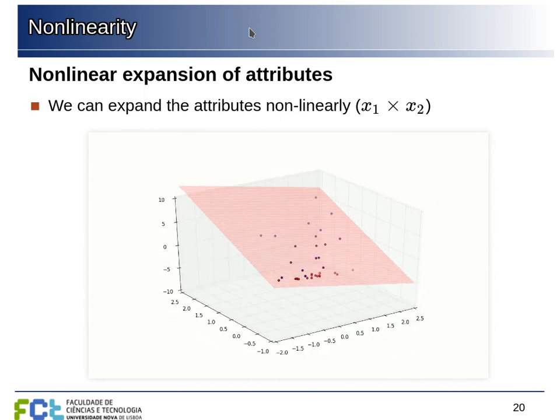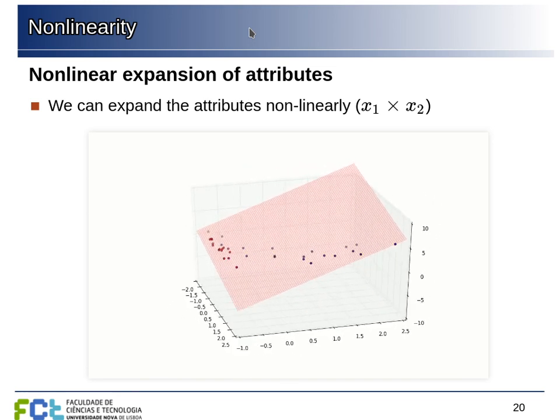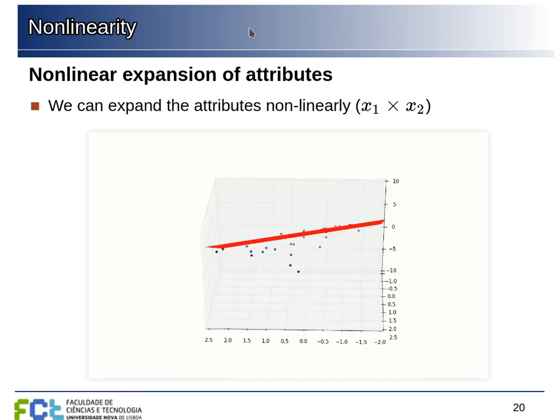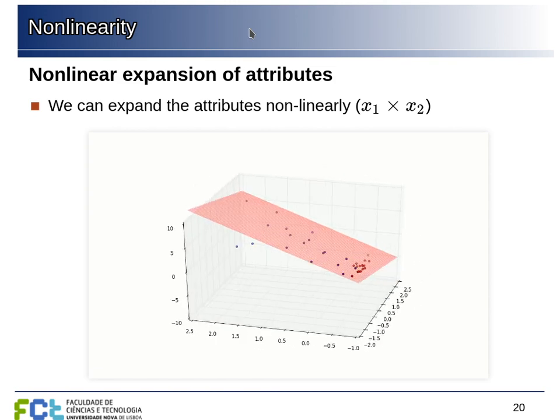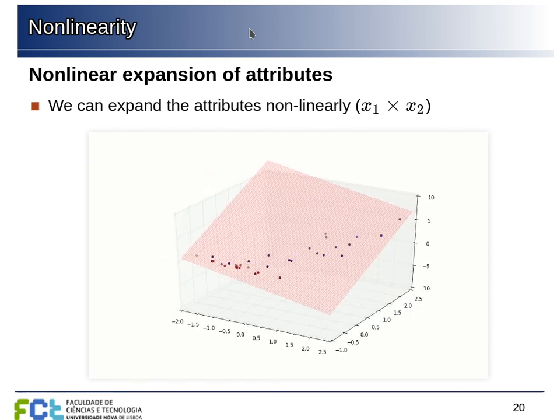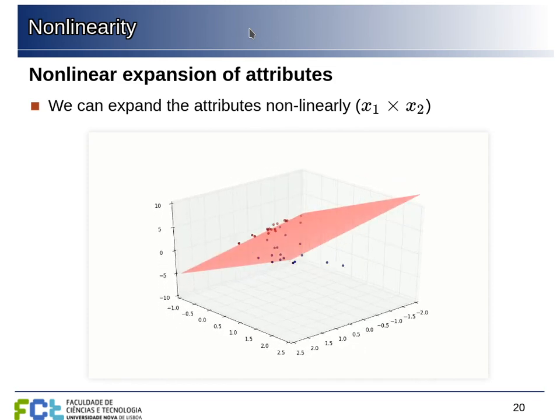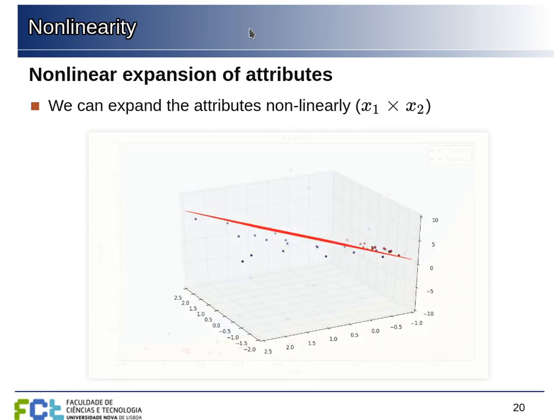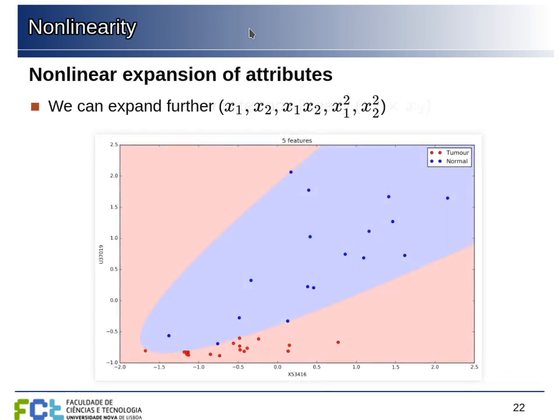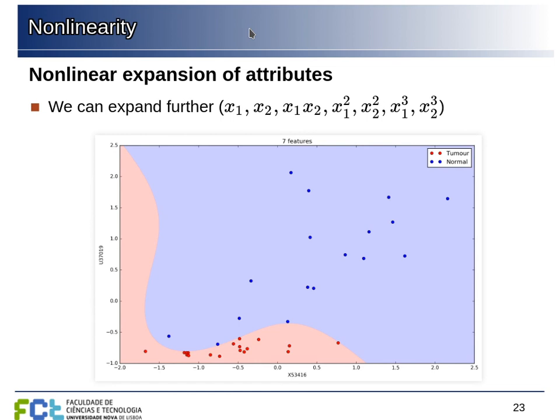We saw that example with logistic regression where we do this by hand, but of course this is not very efficient, and you can use other classifiers that do this implicitly. Or, in the case of artificial neural networks, we want the network to learn these transformations. The idea is that as we apply nonlinear transformations to the data, we are solving the classification problem in some transformation of the data, and this is the equivalent of doing a nonlinear separation in the original representation of the data if we project everything back into the original space.